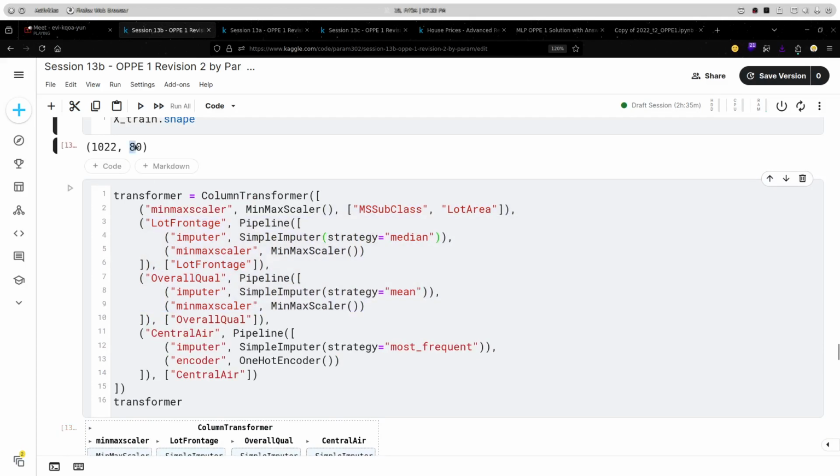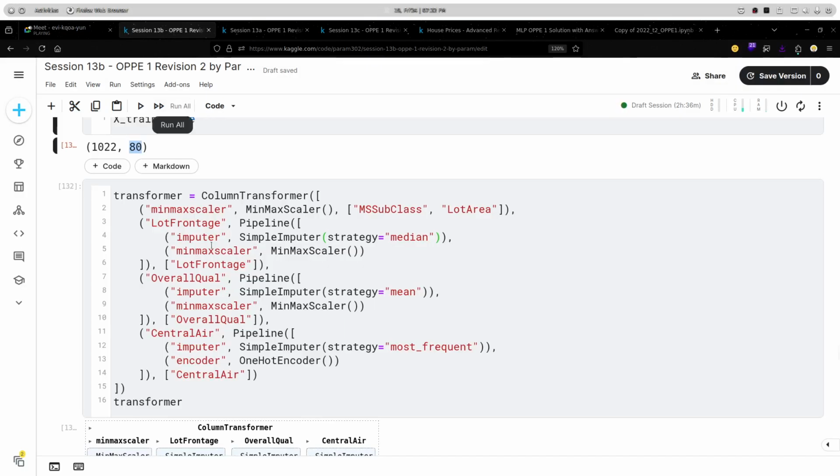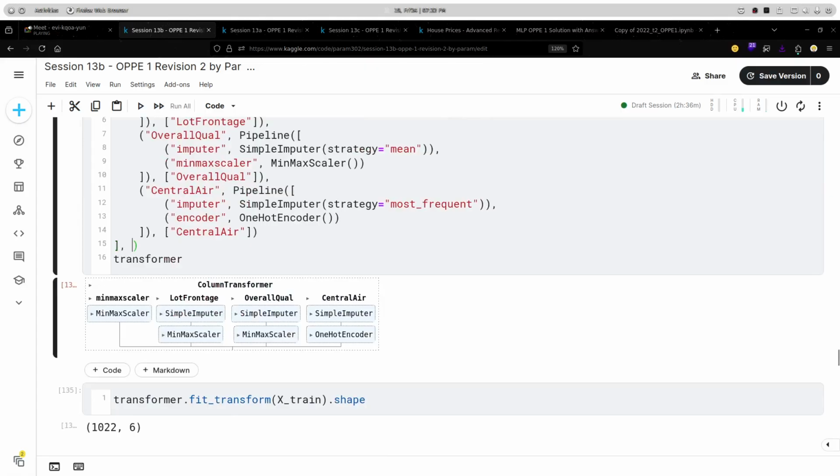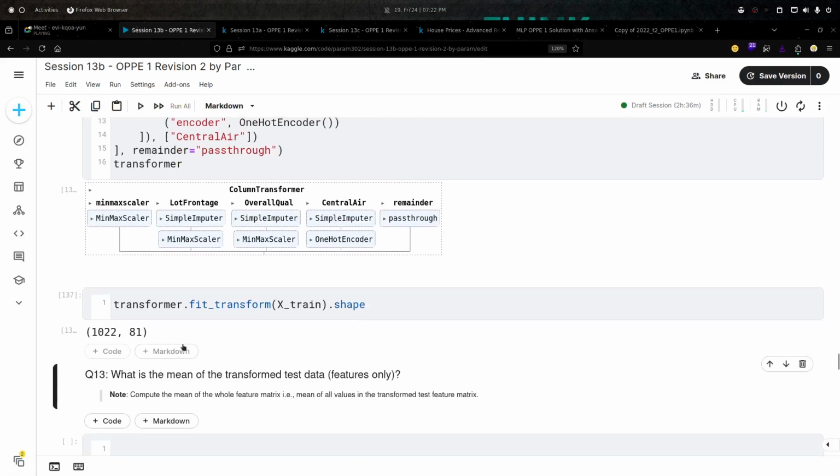But I want the rest of the 80 columns as well, right? So that's why I'm passing that remainder passthrough. Now if I run it, you can see I'm getting 81 columns. So that's why we do this remainder passthrough.